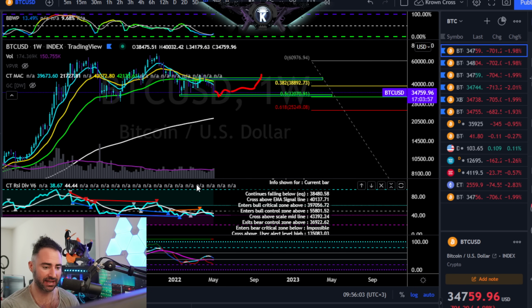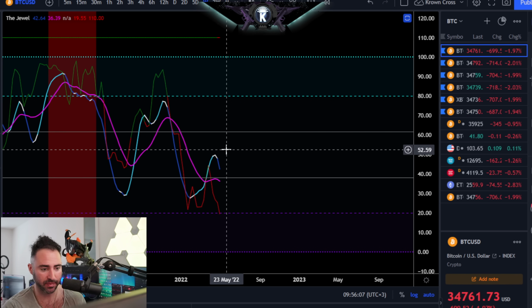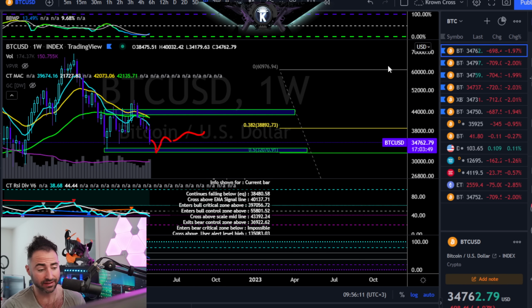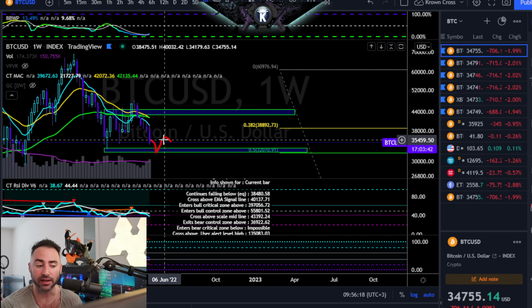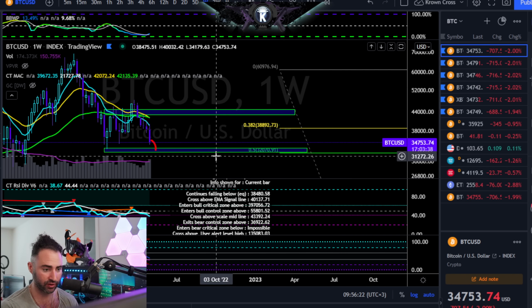Well, what's most likely to happen? Continuation of downside. Weekly jewel also pointing down as of the past couple weeks as well, which is going to add some further confluence into that. And so I would say, while the hopium probably would look like something as I just drew out right there, if it is going to happen, I do want to once again be on record as saying that it is rather unlikely, statistically speaking, as we're going to go over soon enough.